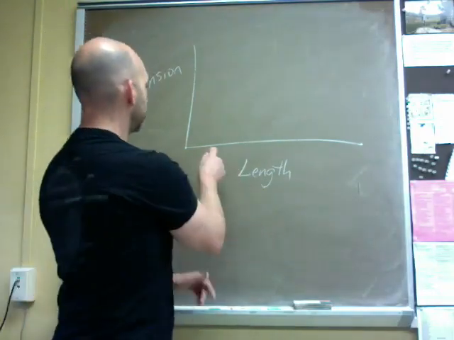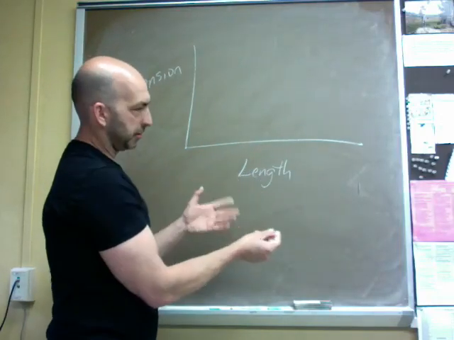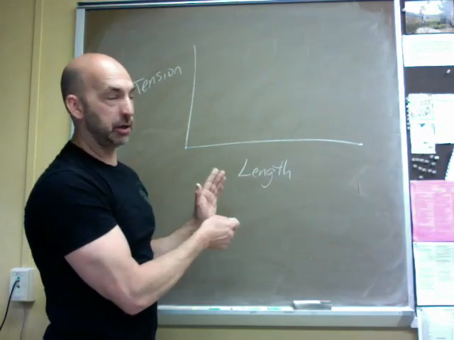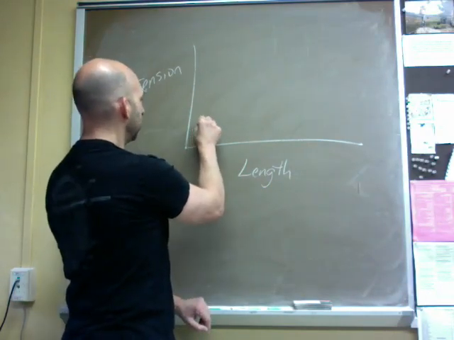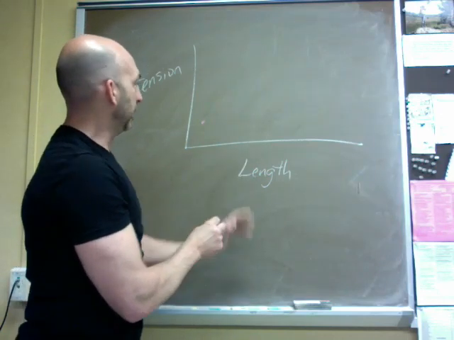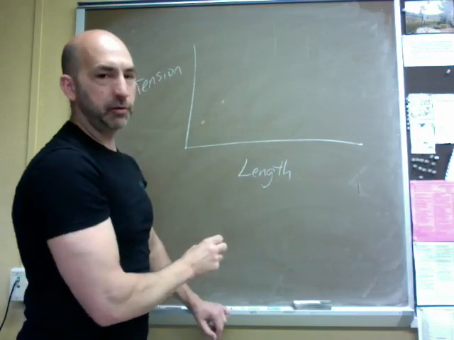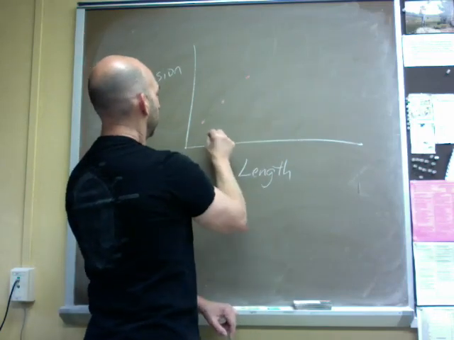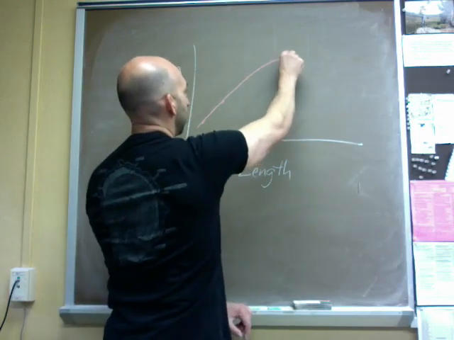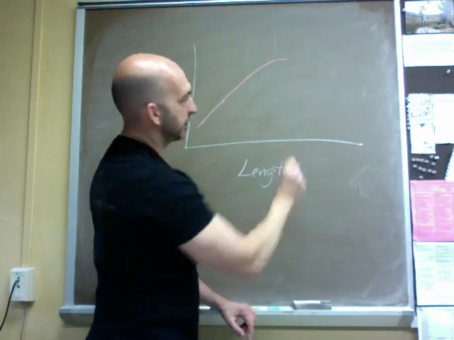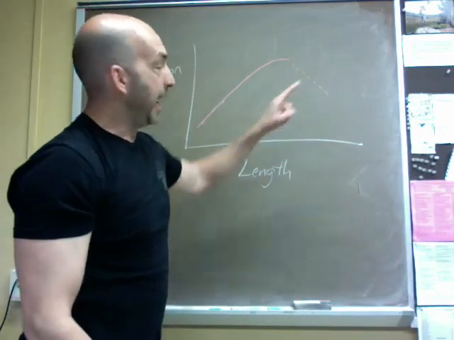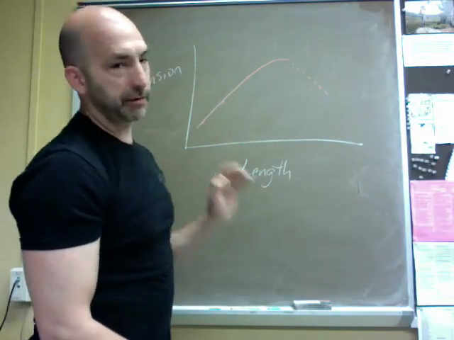And so when muscle and muscle fibers are at low length, in other words, they are not dramatically stretched in the beginning, they generate relatively low tension. Right? You get a data point down here somewhere. But as we stretch it and then stimulate it, we start to get increases in the amount of tension that's developed. And so what we end up with is a curve that looks like this. And it will peak, sort of plateau, and then, experimentally at least, it would start to come back down, right? We'll make that dashed. And the reason we're making it dashed is that physiologically that doesn't really occur very frequently,